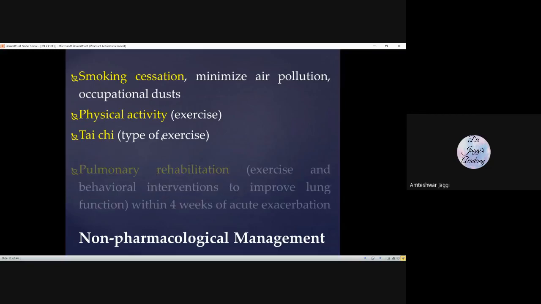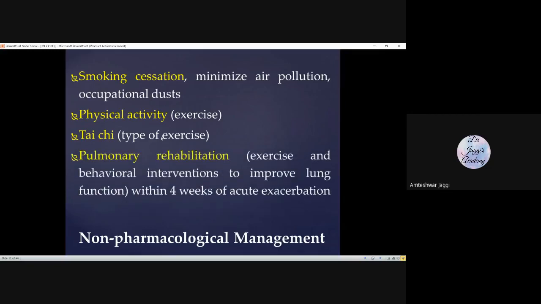Once that person is discharged from the hospital, you will try to send that person for this treatment, pulmonary rehabilitation. You advise the patient to go into this exercise and rehabilitation program. What is happening in this program? Basically, they are giving some exercises and behavioral interventions so that lung functioning is improved. They do some exercises, they perform some normal activities, so your lungs start functioning. And this is important if the person is sent to this program within the first month of